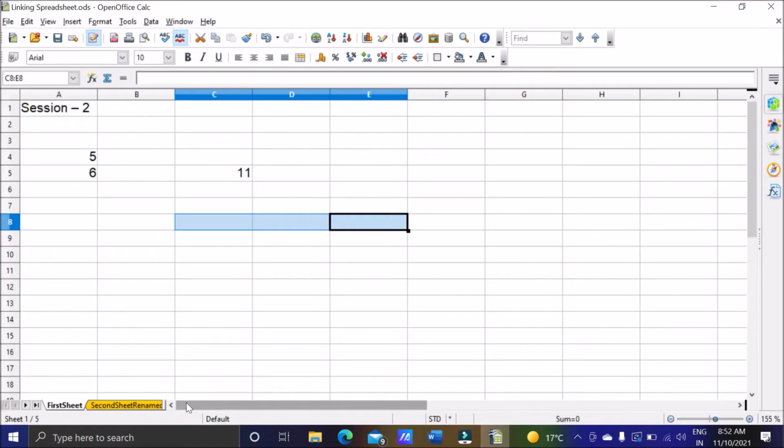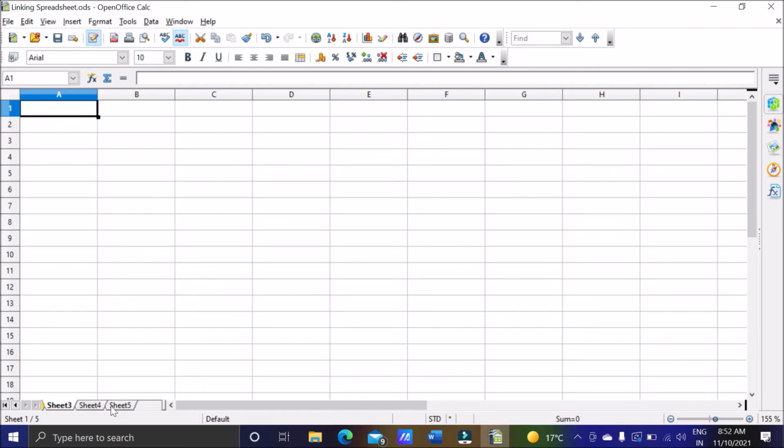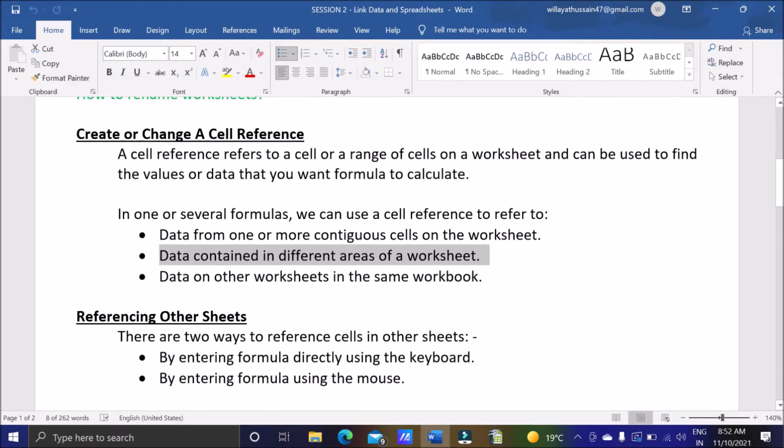Any area of the worksheet, either this one, this one. From here also we can get the cell address. We will discuss how we can get the cell address from here also. And we can get data from other worksheets also, either in the same book or from other books also.